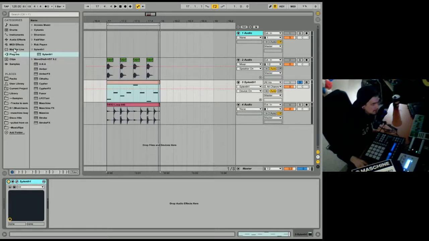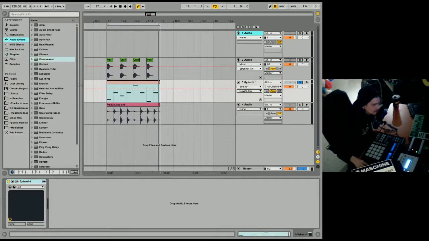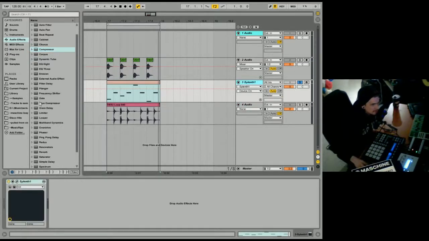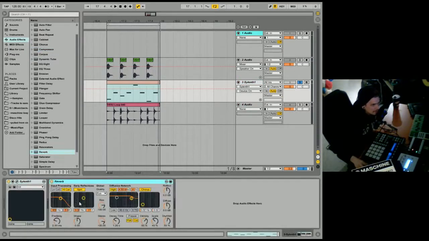So what I can do is I will go to my audio effects, which can be placed on any of these, be it MIDI or just audio, audio clips or waves. We'll put on a reverb because a lot of people know reverbs. Put that on there. Don't worry about all these, just worry about wet and dry. So we have it at 0, so audio is coming into this, and then audio is coming out. And right now dry means that the audio is coming out unaffected, and the wet, when it's 100%, is just